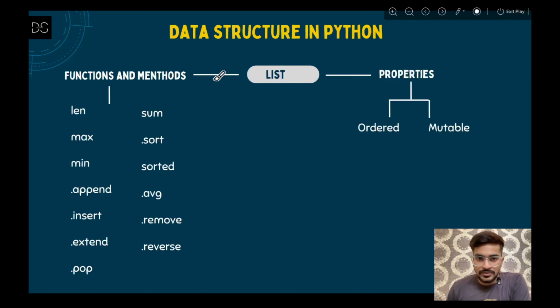So this is the continuation of last session where we have seen list properties and what is actually a list, and then list indexing and slicing, and हमने properties भी देखा था like ordered and mutable properties क्या होते हैं. Now in this session we are going to discuss the functions and methods that are used in list. So string में हमने functions and methods देखा था क्या होता है. Now in list, what are those functions and methods?